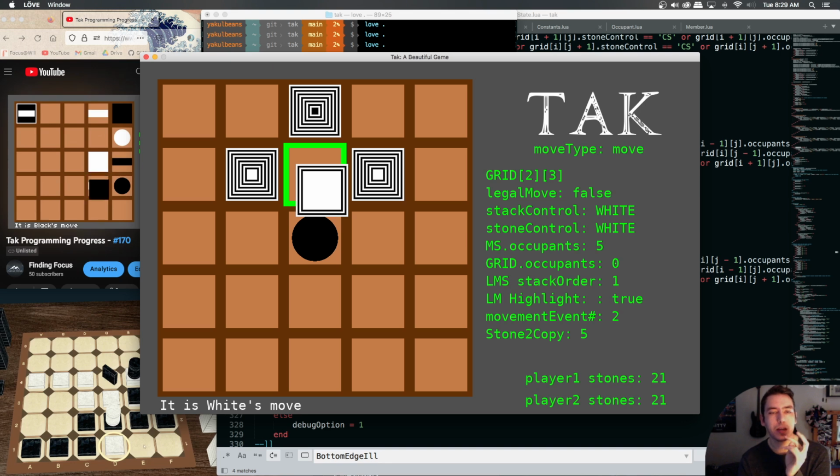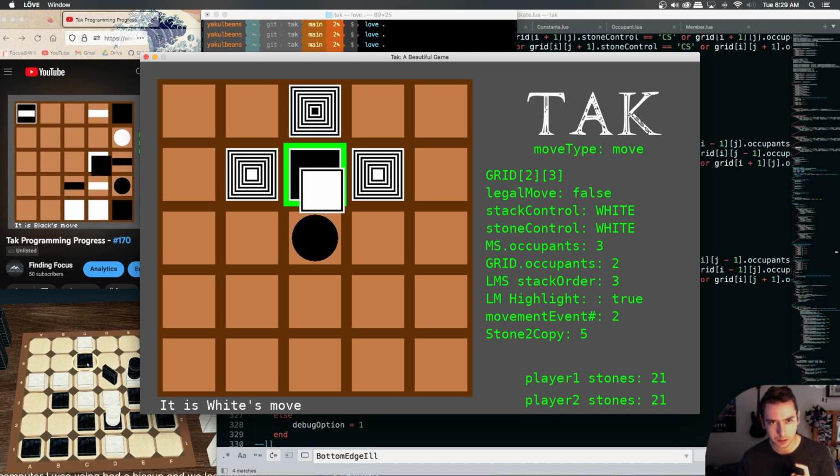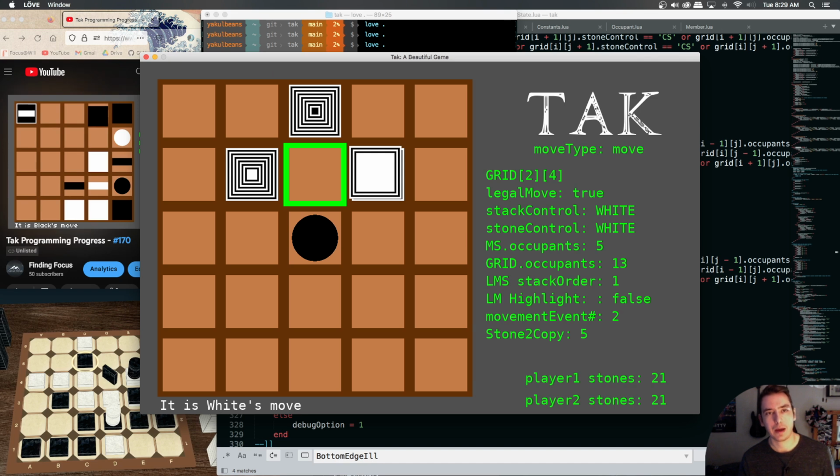I think if it's not a caps, I think we need to search our surrounding spaces in our movement event 2 before we lock in how many stones we can pick up. We need to search our surrounding spaces. Anything that's not a capstone or a lay stone, meaning this one, or this one, we need to count how many occupants are in it and save that value as a sort of